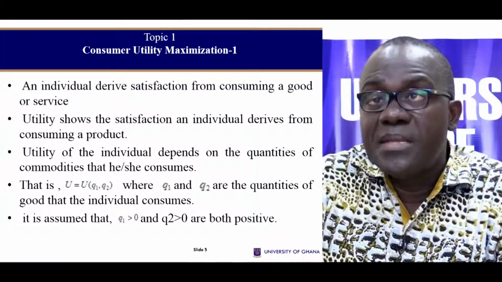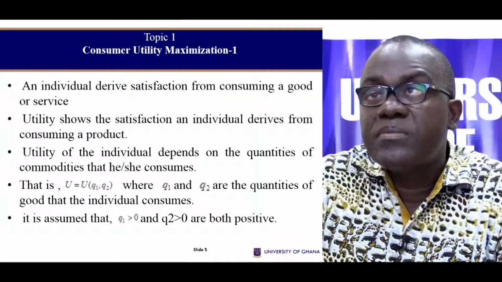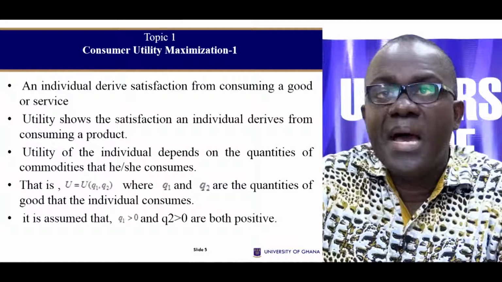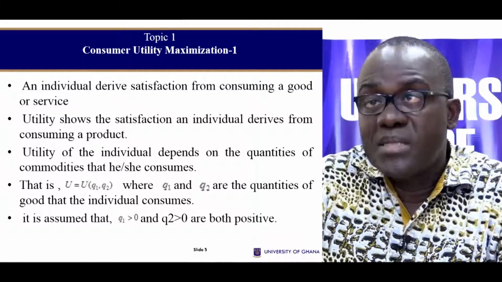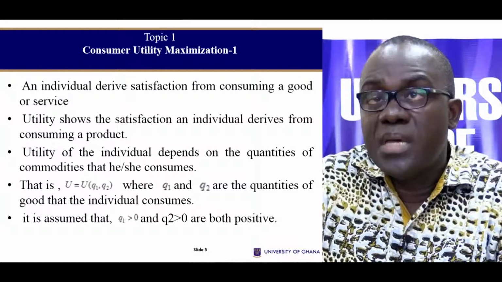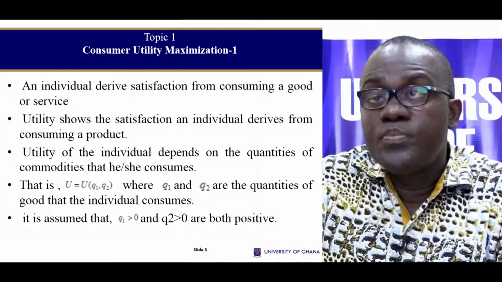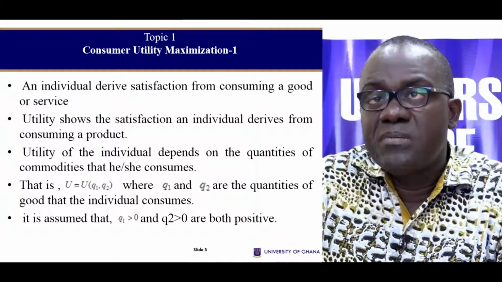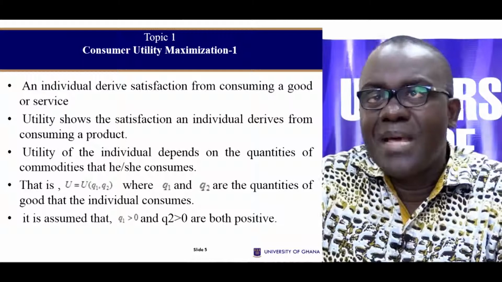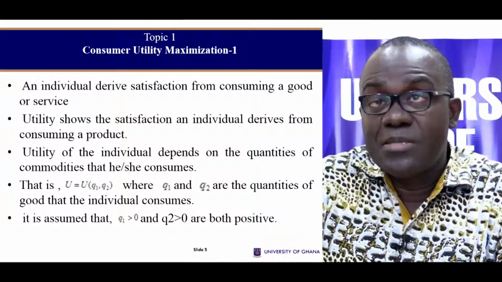We will assume that these goods are positive quantities that the individual consumes. There should be some mathematical formula that links Q1, Q2 and determines the utility or